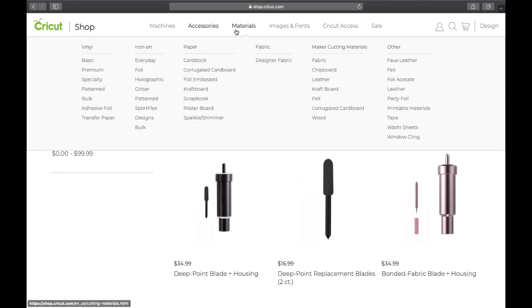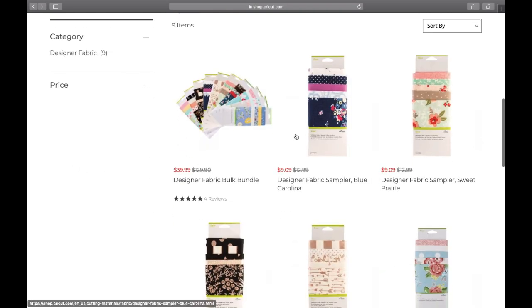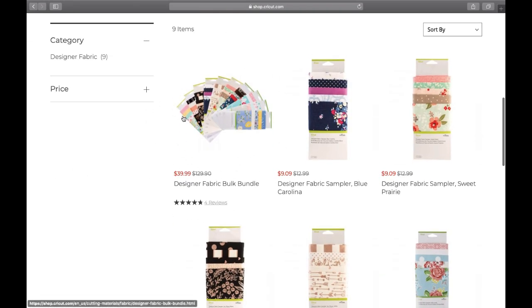All right, okay, one more thing. Let's go back up to materials, go back to fabric. And if you come to fabric, they've had this deal going on now for a little bit. It's $39.99, was originally $129.90. This is a bulk of fabric. So you're getting 1, 2, 3, 4, 5, 6, 7, 8, 9, 10 things of fabric for $39.99,